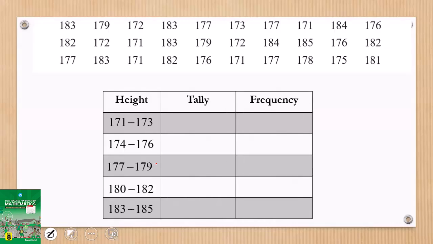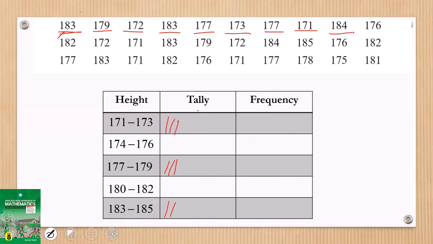Now we are going to fill in the table using the data that we have. In order not to mix any of the data, we need to introduce what we call tally. So if I cross, let's say, 183, then I strike where 183 can be. 179 can be in this part or range. 172, where would 172 be here? Then 183 can be there, right? And then 177 is here, 173 is here, 177 again is here, 171 is here,